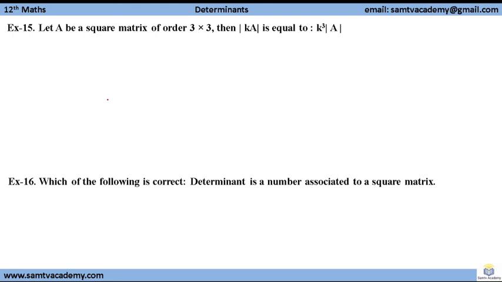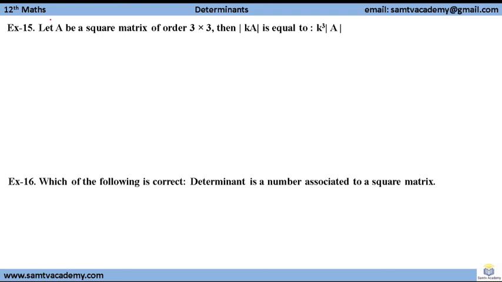So as we have seen in question number 13 also, if we are taking something common from any row, if we take it common once from one row, then it will be single. If we are taking again from row 2, then it will be squared. If we are taking from row 3, it will be cubed. Similarly, if we are taking common from a column, and the same term is common, then it will get multiplied each time. So it is saying that only.